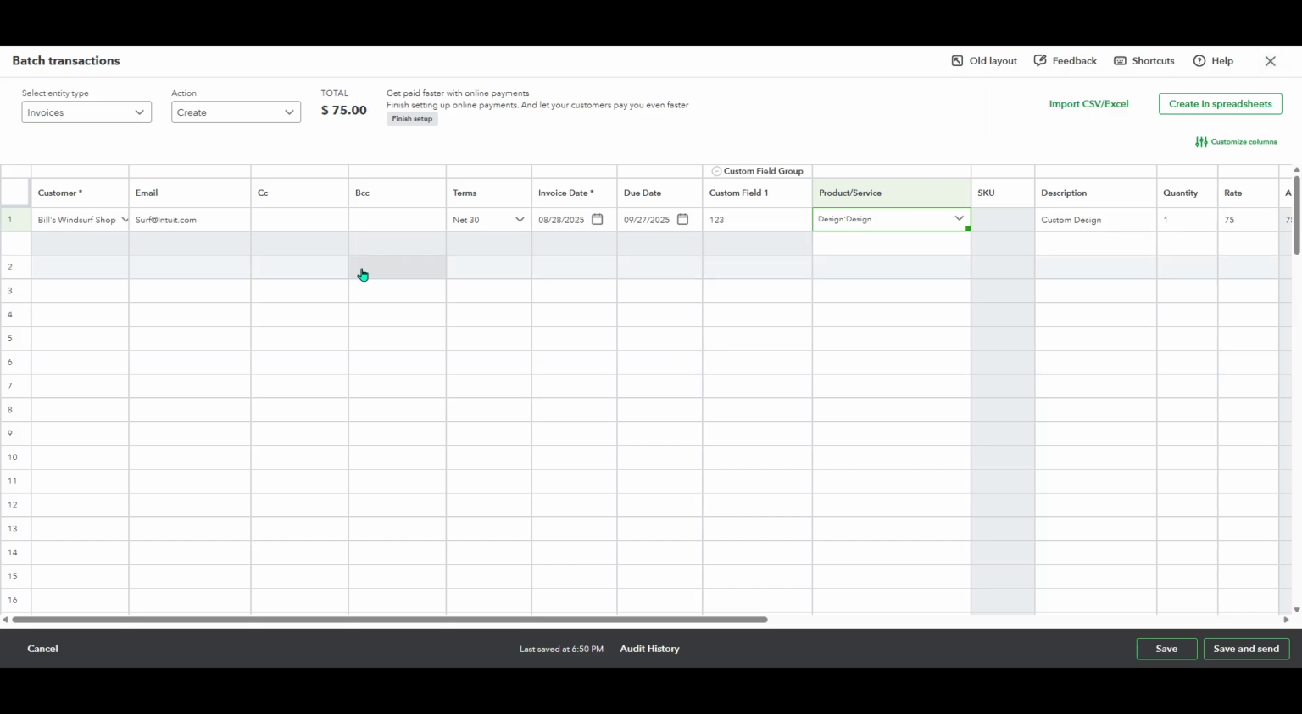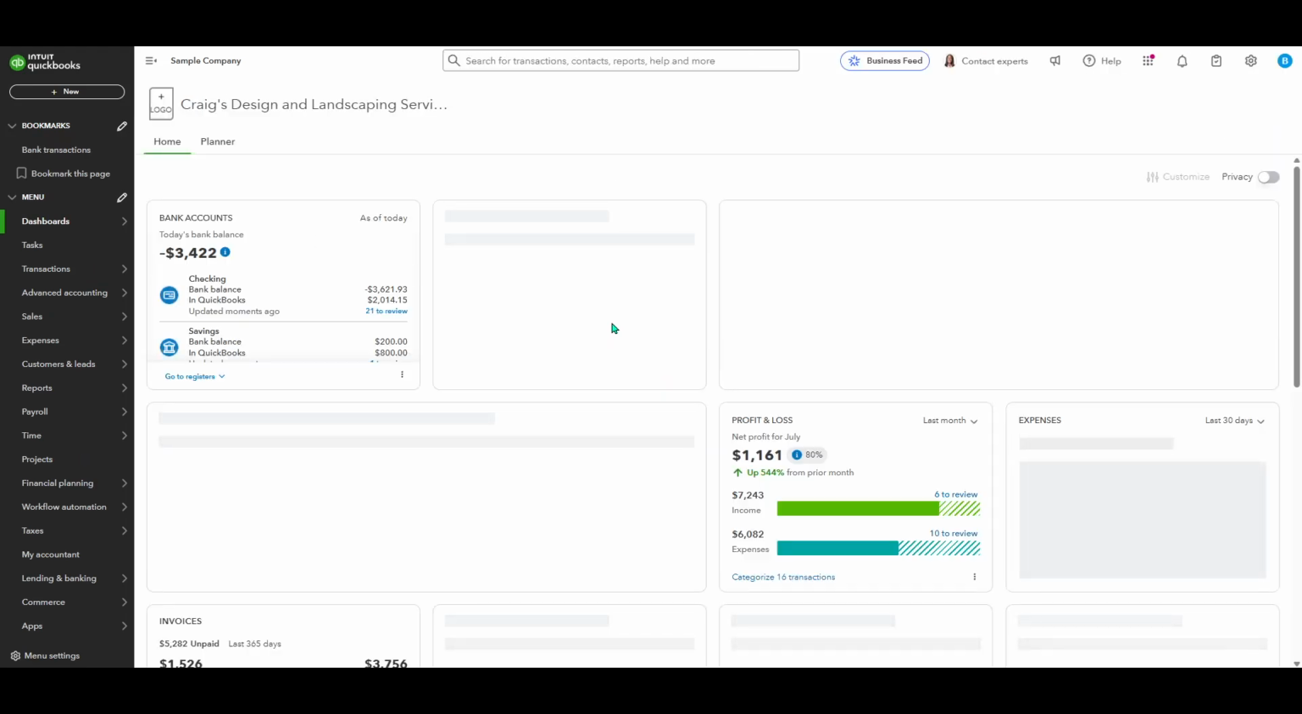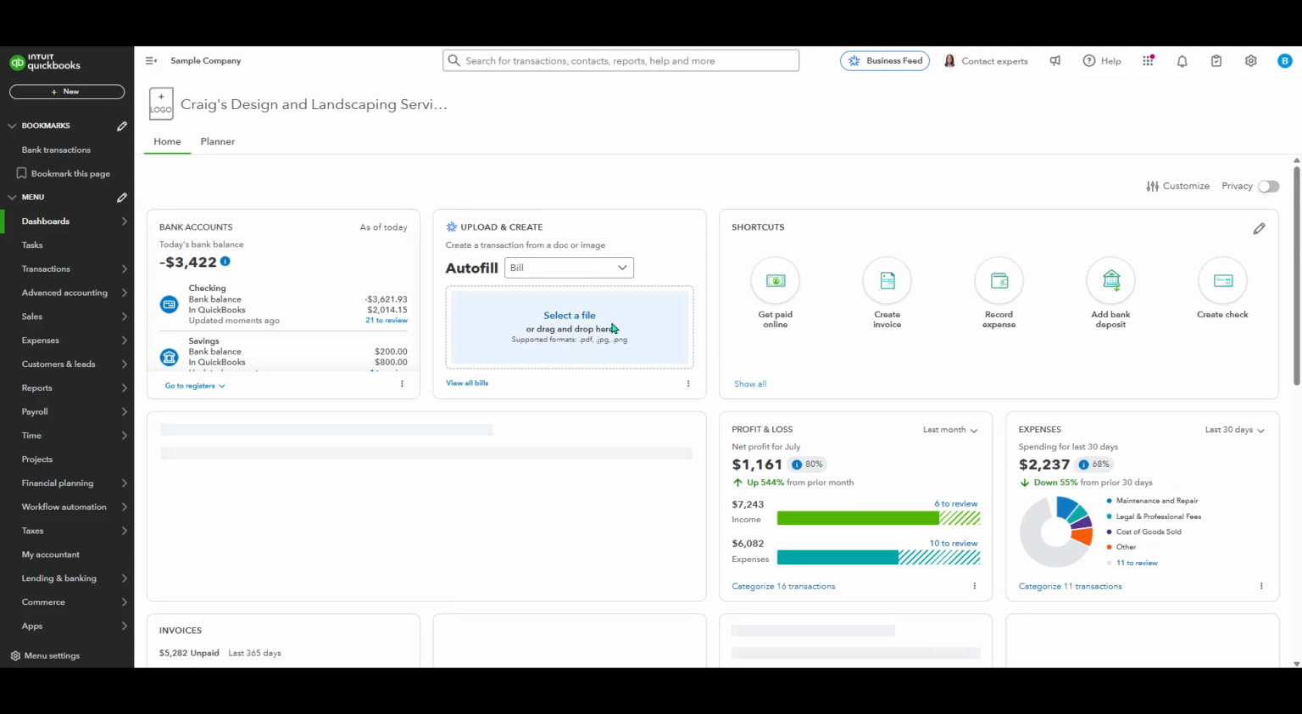Through leveraging batch transactions in QuickBooks Online Advanced, you've significantly streamlined your invoicing process, saving you and your business both time and resource. I hope you found this walkthrough helpful and that you now feel empowered to manage batch invoices